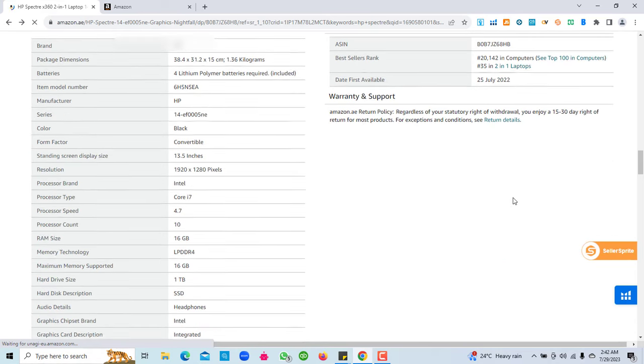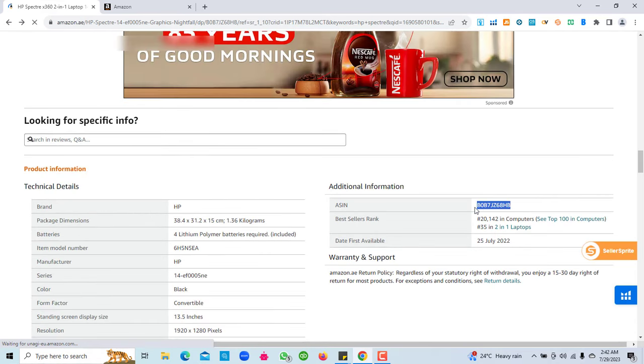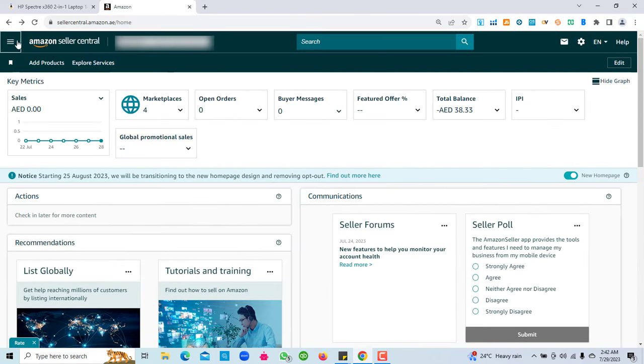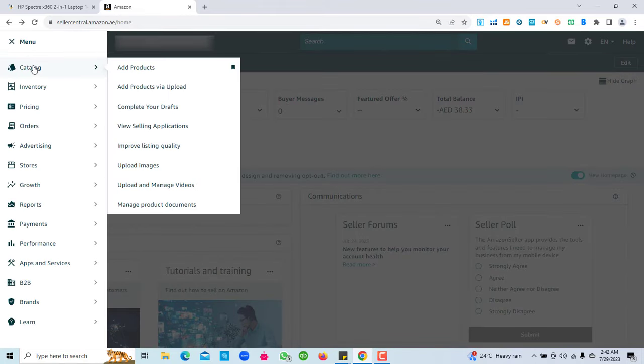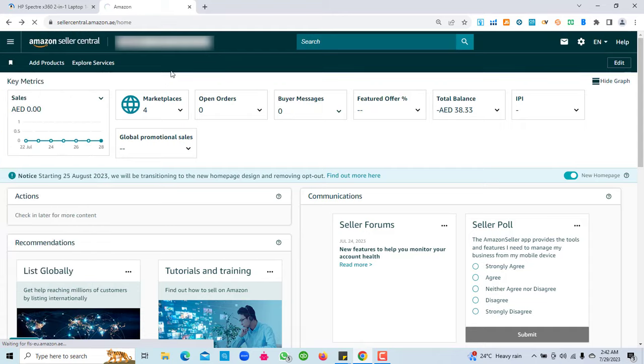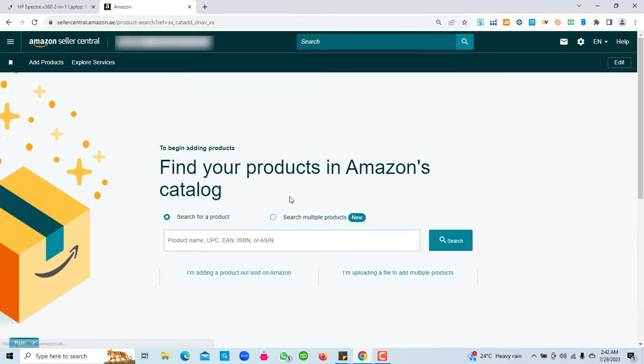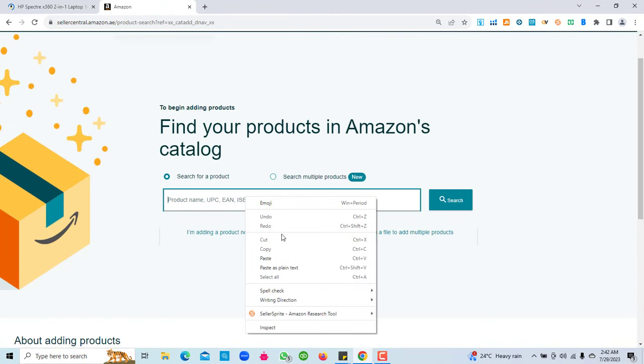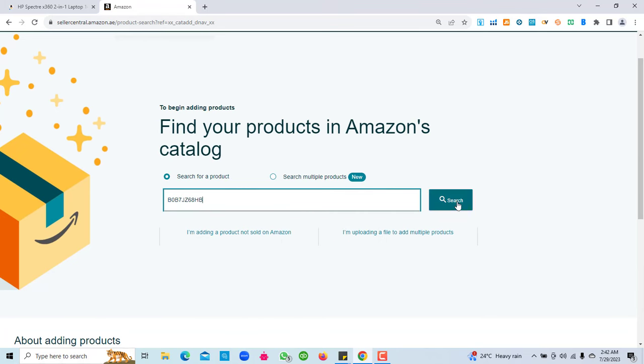Here is the ASIN. I will copy it and simply paste it in your Amazon Seller Central. Click on the three dots, catalog, first option, add product, then paste it here. There we go. Click on search,